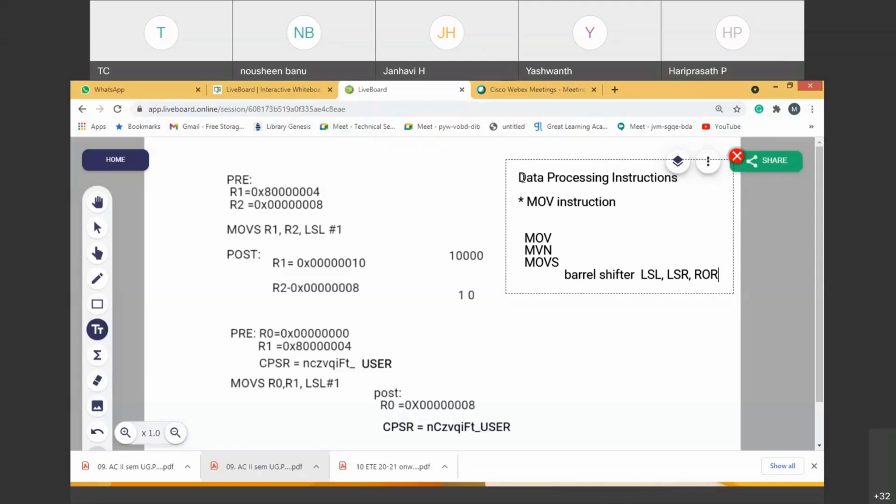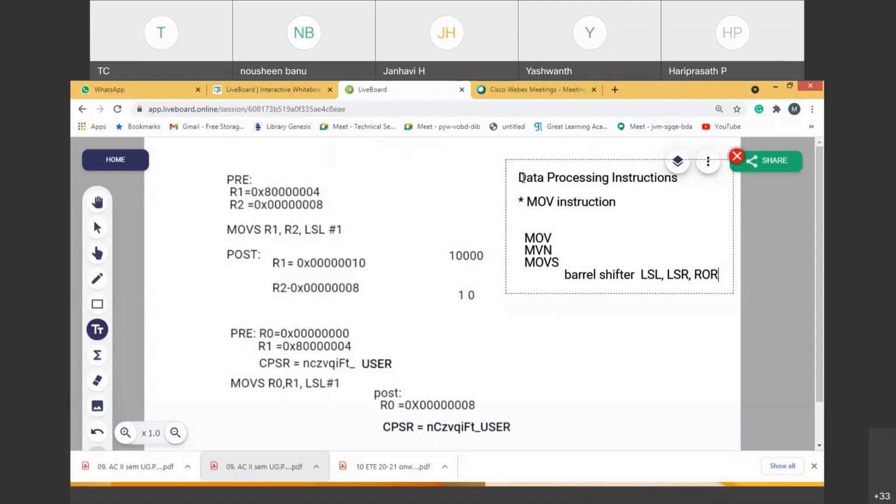In the first 5 lines, the pre and post I have written don't make any difference to the CPSR, because you can see no flags are set. If you take the second example, in R1 itself we have taken 0x80000004. Out of 32 bits, this is the value I have chosen. The CPSR content earlier will be like this. When I execute the instruction, after execution the result will be like this because I am left shifting by 1 bit, so I am getting the carry flag also. The 4 will become 8. That's how 1 bit is shifted left.